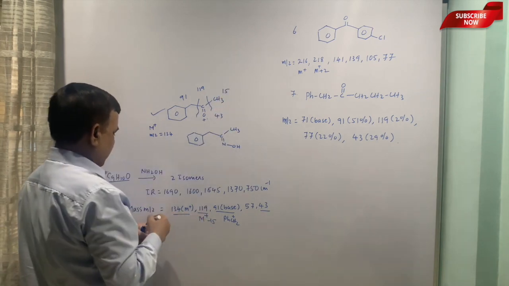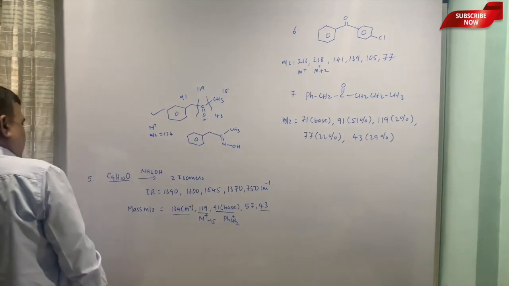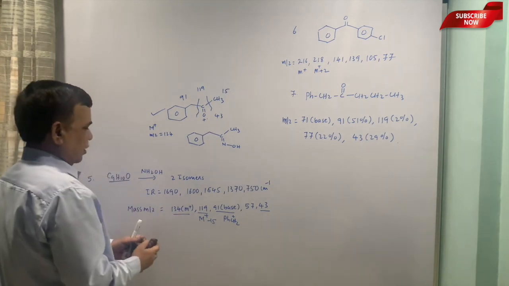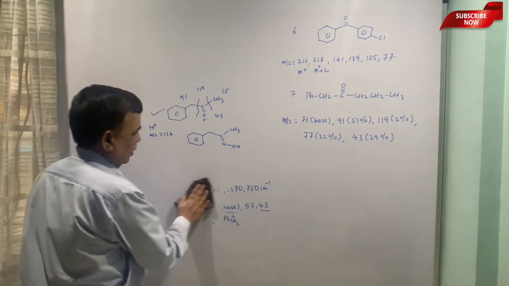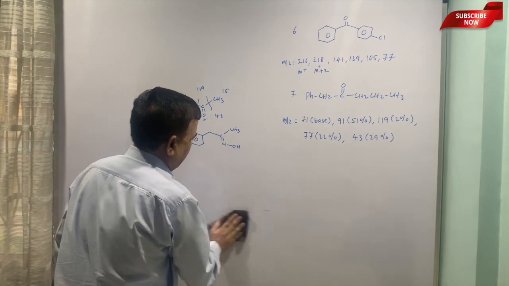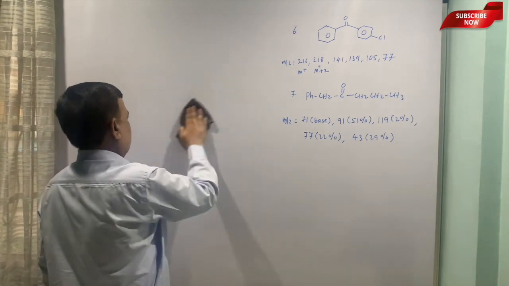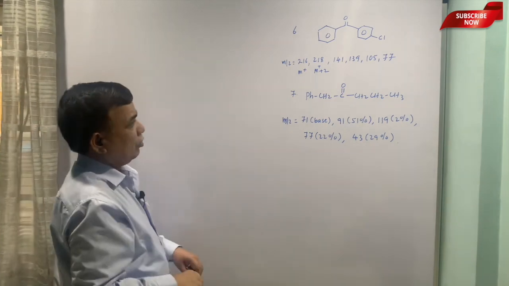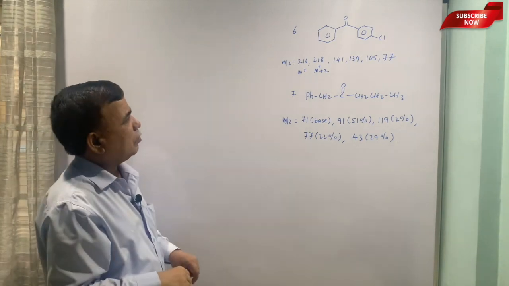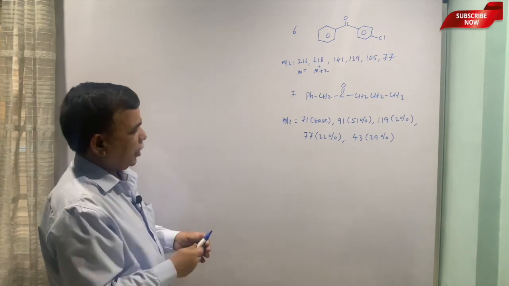And if you explain those major peaks, that would be sufficient. There is nothing else required, because once you explain the important peaks, the base peak, you are through. The minor peaks are not so important, because there will be so many peaks in a mass spectrum, but you have to address the major peaks.